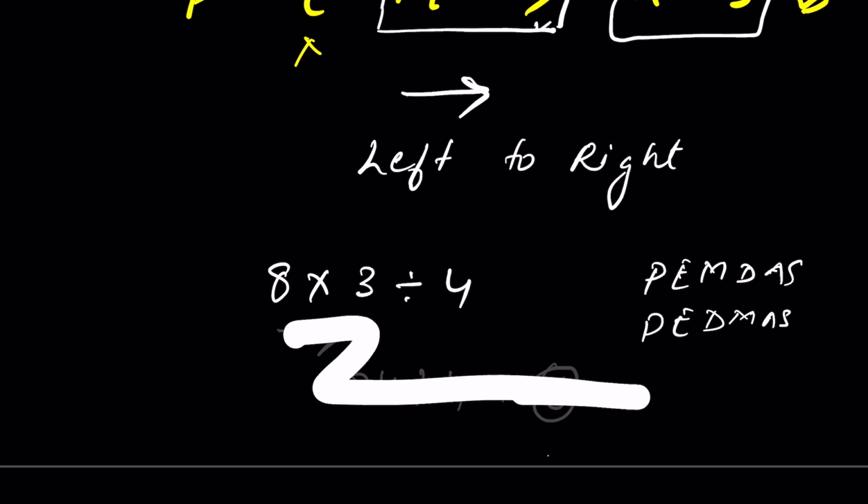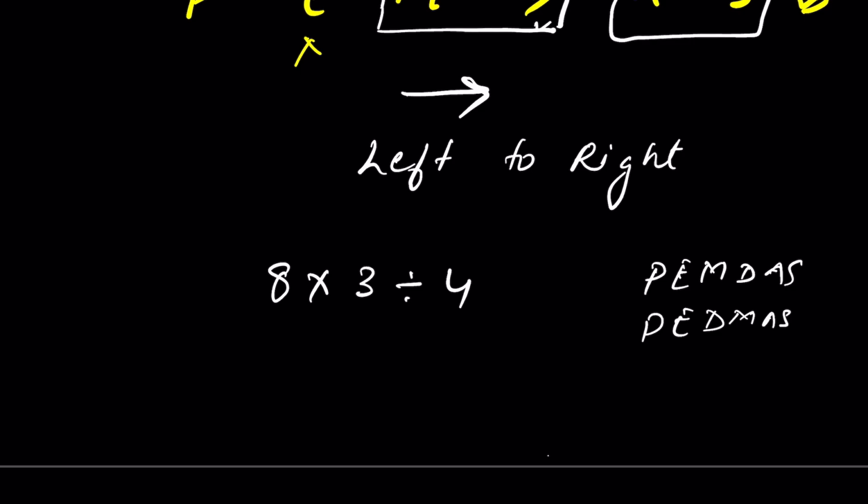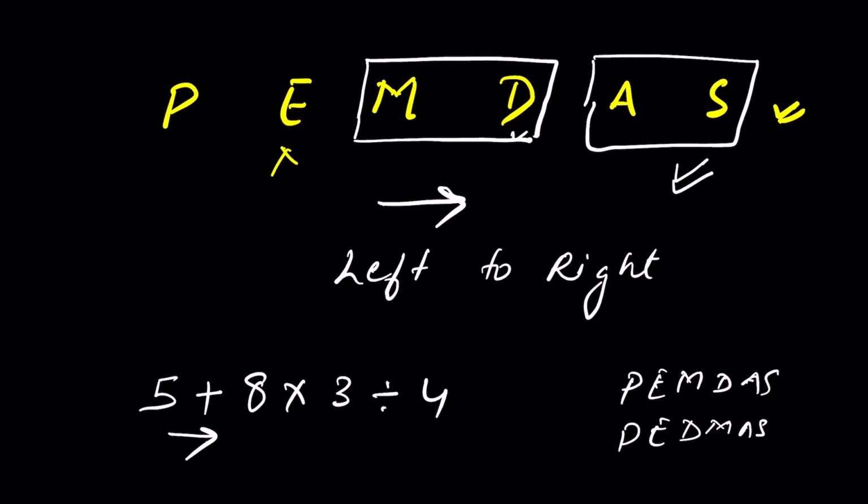What if you have 8 times 3 divided by 4 and before that you have plus 5? Will you do the addition first, because from left to right you have addition first? No. Why? Because addition and subtraction will always come after multiplication and division. The choice of left to right is between multiplication and division, and between addition and subtraction. Whenever the choice is between division or multiplication and addition or subtraction, multiplication and division will get the priority.